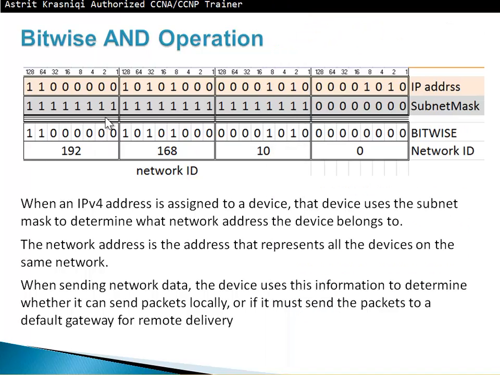So when we calculate to find out what network we belong to, 1 and 1 equals 1. Again, 1 here. Then everything else here, we have 0 and 1 equals 0. Again, 1 and 1 here equals 1. 0 and 1, 0. And then we continue until we reach here. 1 and 0 equals 0. 1 and 0 equals 0. So now this device has found out, okay, my network address is